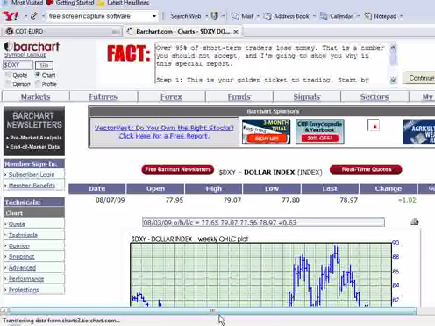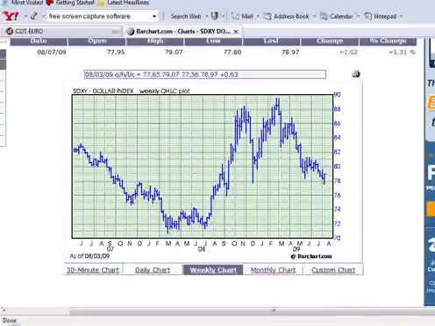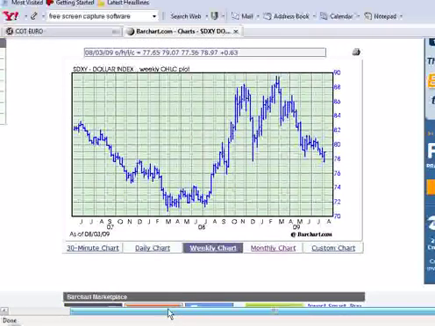I'll zoom in a little bit here to a weekly chart, and it's showing the same pattern happening here. Off of the lows last year, a strong advance, and then here's the ABC pattern I showed. So that's putting it in context, in that I believe that we're seeing excessive bearishness on the dollar, and the pattern is suggestive of a very long-term advance in the dollar, a large and long-term advance.